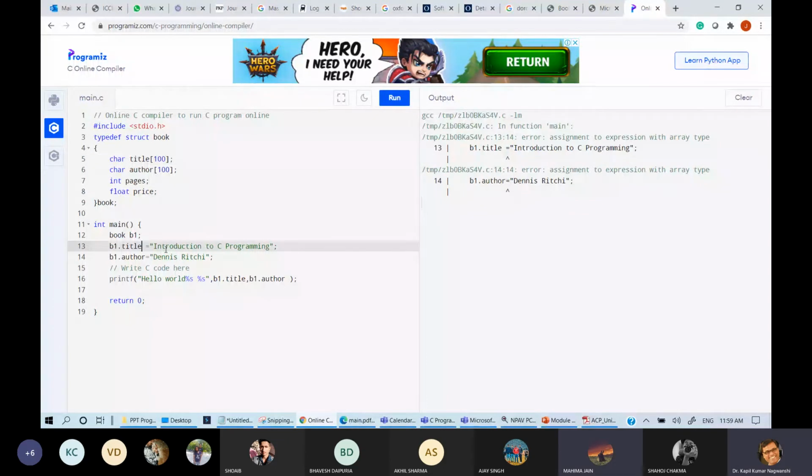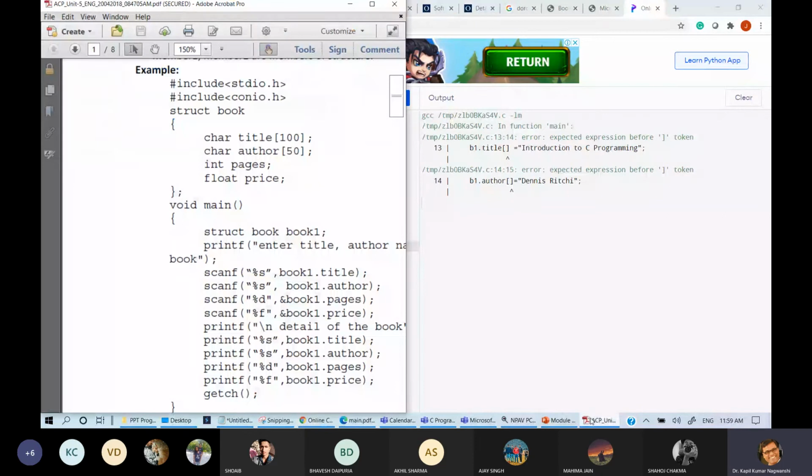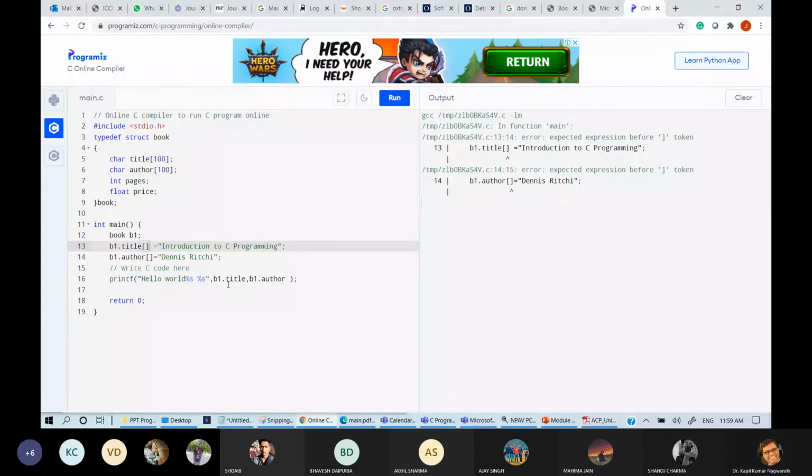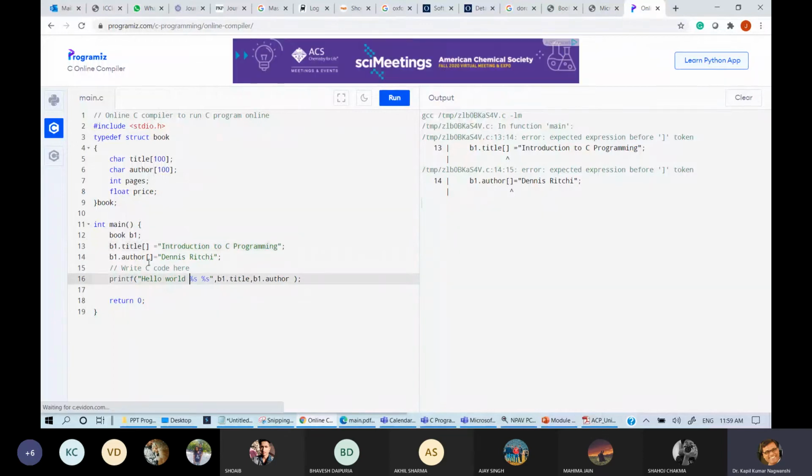Yes, not an issue. b1 dot author, b1 dot title, percent s is written, percent s.